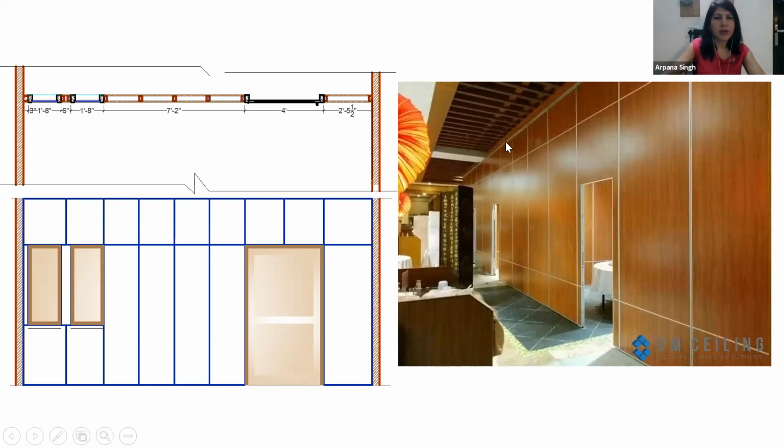Similarly here, I showed a window. The window frame is here and has been fixed to the partition frame. These are a few things which you have to remember: the framing has to be strong enough, and every door, window and opening should get the surface of the frame so that it can be fixed to it. Once everything is ready, you apply the surface board, whichever board you want to use on top of it.